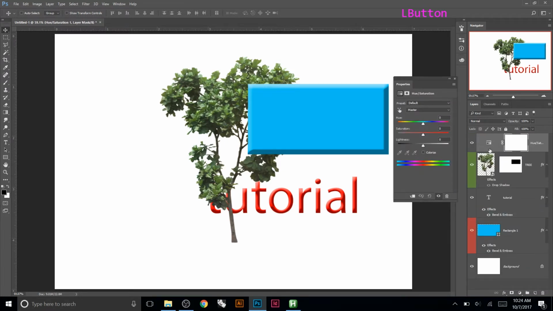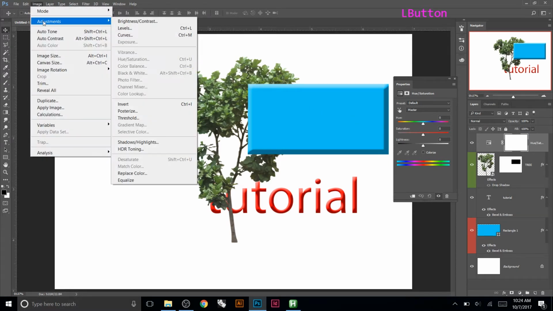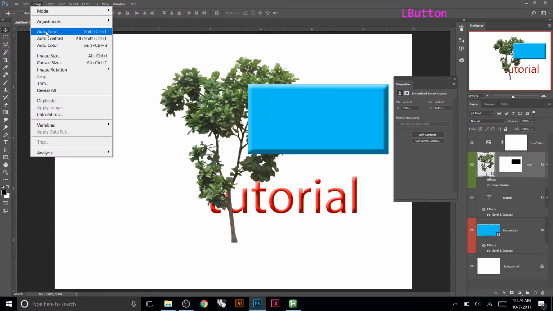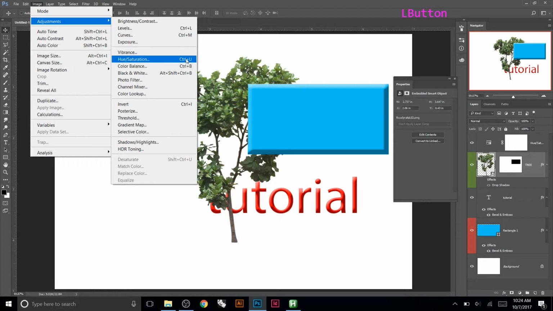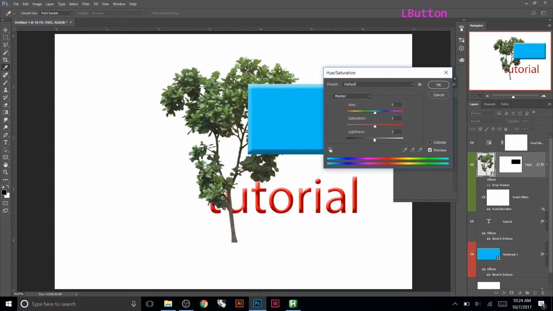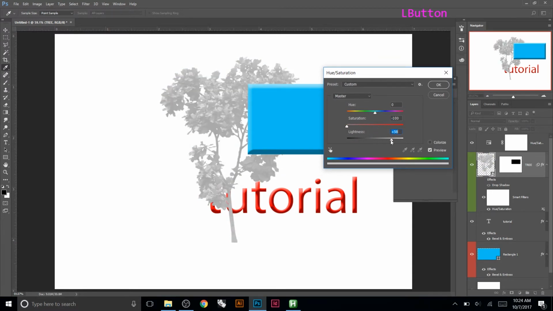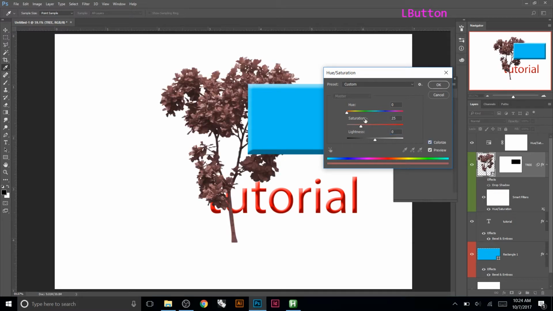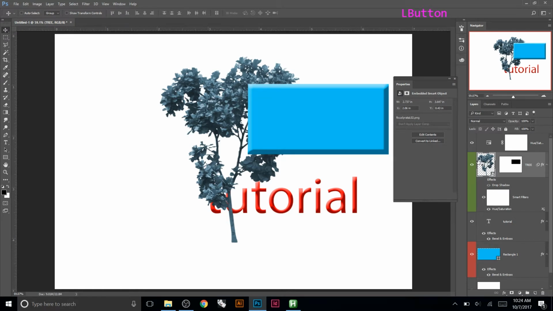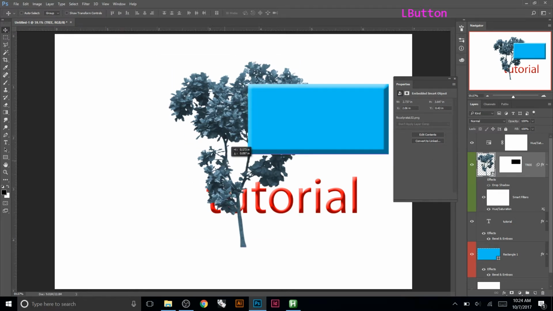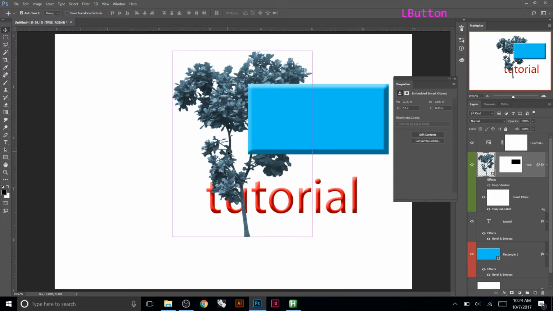So in the layers you can do this. This is different than going up here to image adjustments, hue and saturation, which you can do on a layer. Obviously I'm on an adjustment layer, so it's not letting me, but here it will let me. Adjustments, hue and saturation. So these are adjustments. I can grab the hue and saturation for this and say I want to desaturate the tree and lighten it. I can do that, or I can colorize it and make my tree any color I want. And once I hit OK, see, the tree is now that color, and I can't get that back. It's basically locked in. So I'm going to undo that,